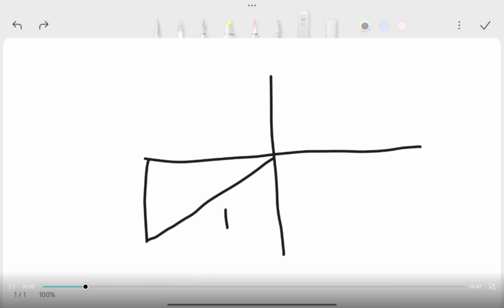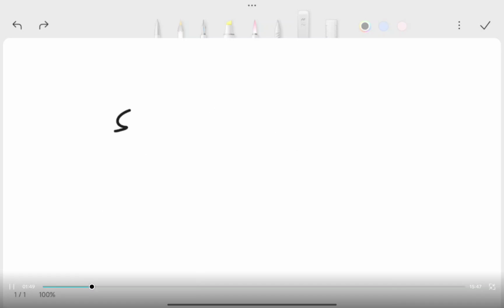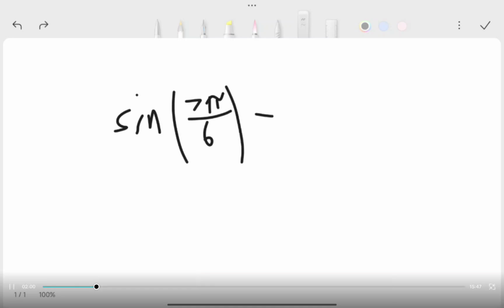So our hypotenuse is 1. Our opposite is negative 1/2, and our adjacent is negative square root of 3 over 2, at 210 degrees. So let's find the six trigonometric ratios. First is sine of 7